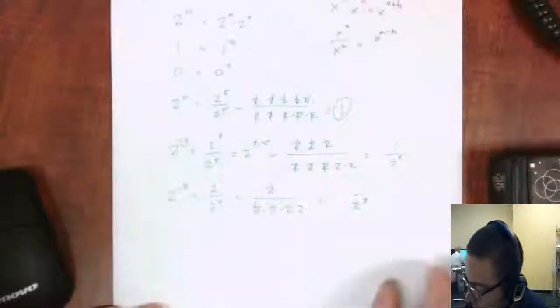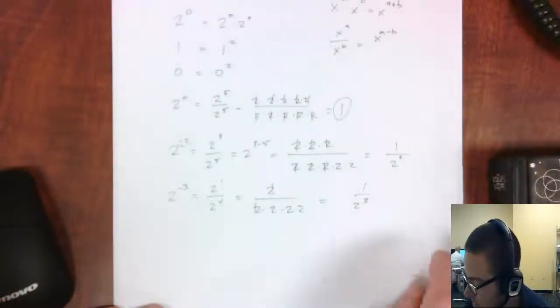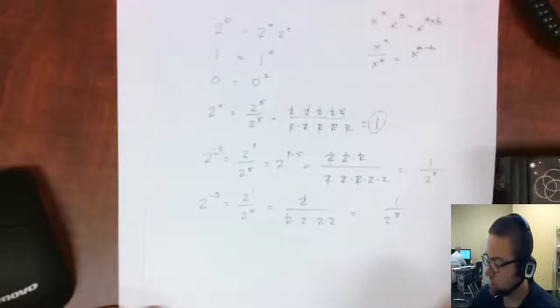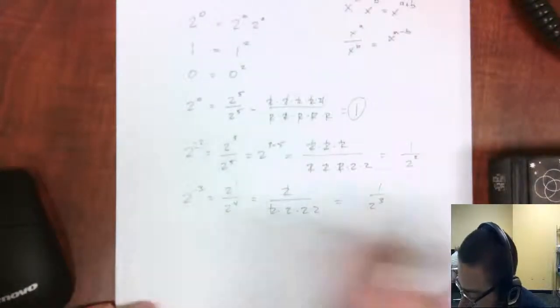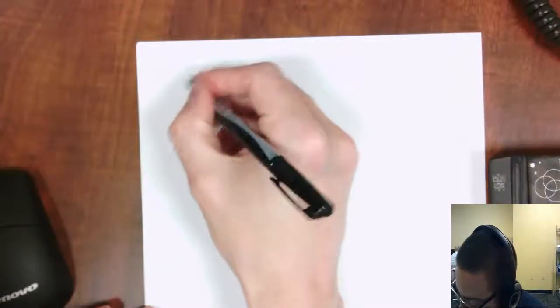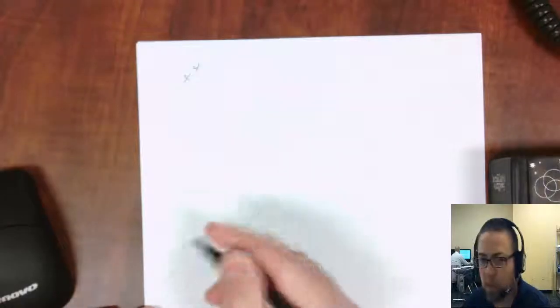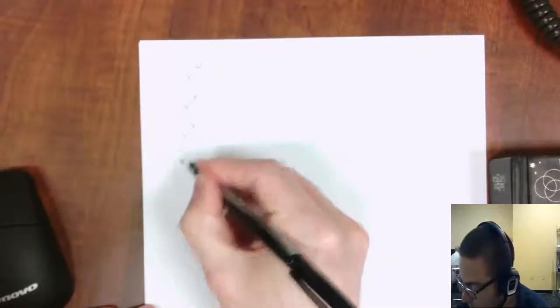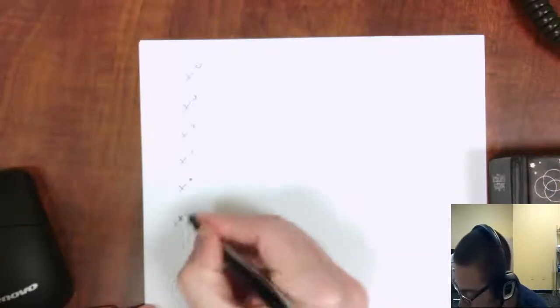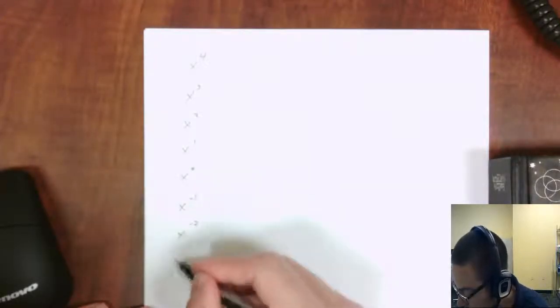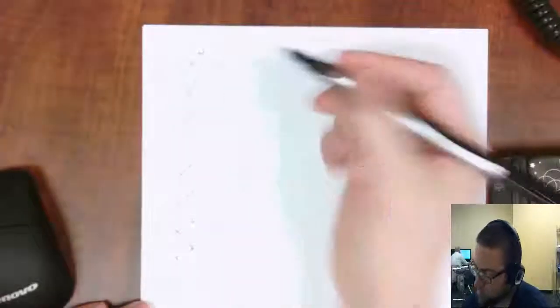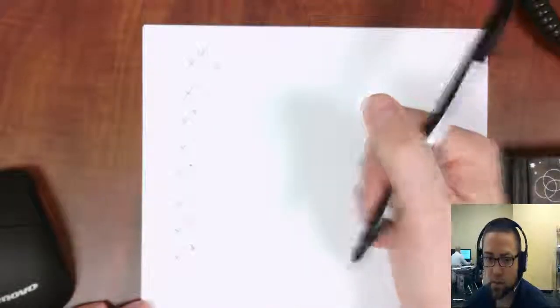Let's continue that idea with variables now. How about we think about the pattern here: x to the 4th, x cubed, x squared, x to the 1st, x to the 0, x to the negative 1. My pattern is I'm always subtracting 1 from the exponent. So what is that equivalent to? x to the 4th